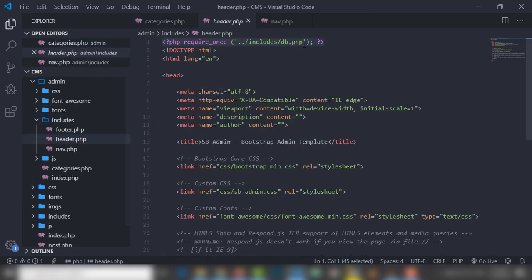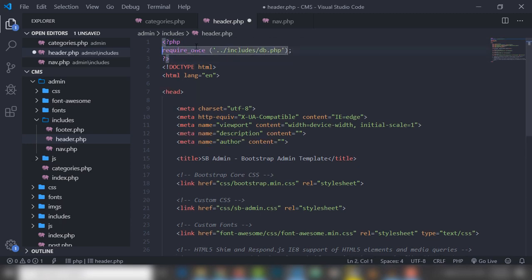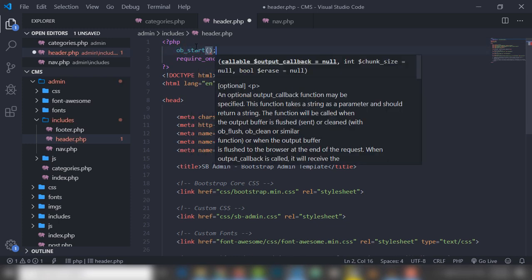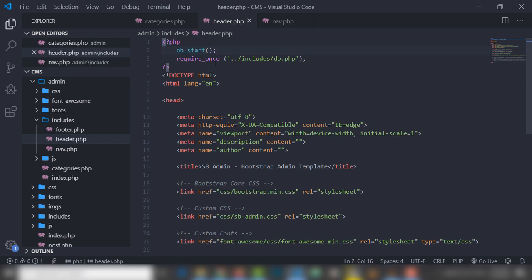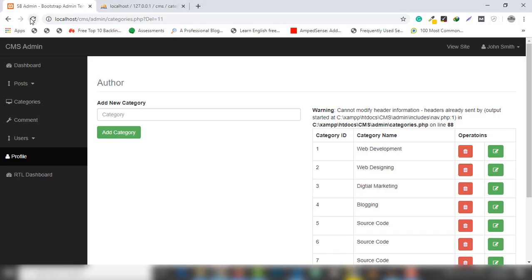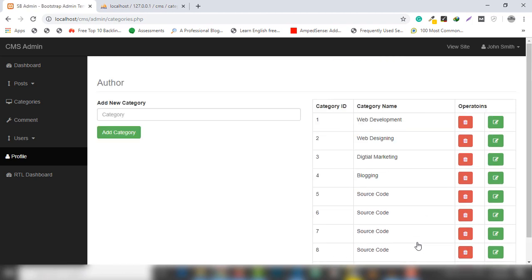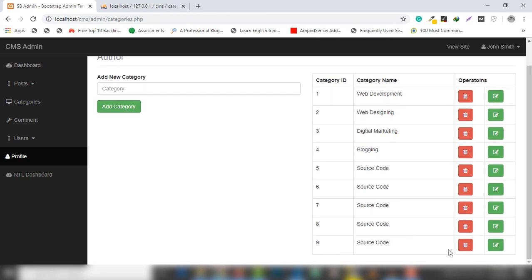You need to write the PHP built-in function ob_start. This function will help you to redirect the user or redirect anything else, and also this function will help you to output buffering, right? So I think it should delete the record. As you can see, the last one record has been deleted. I'm gonna delete the last one also. As you can see, last one record has been deleted,